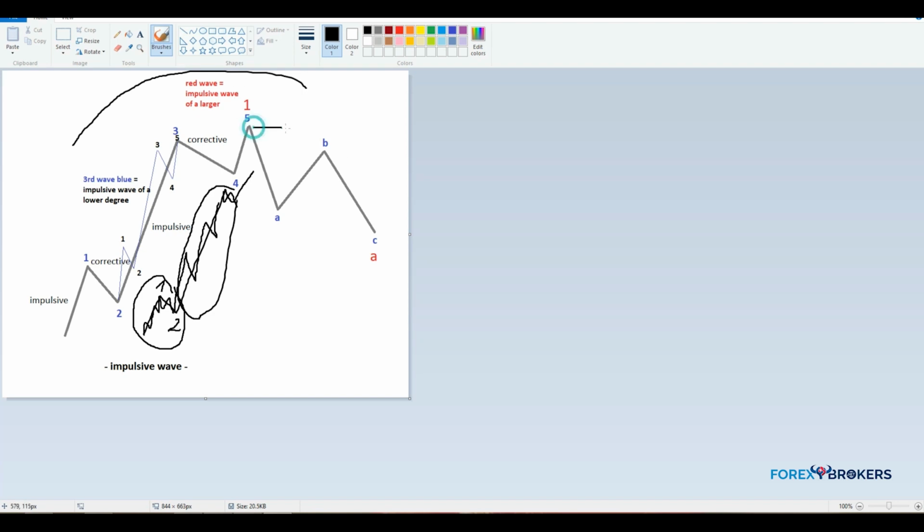This ABC that we see here in blue corrects the 1, 2, 3, 4, 5 in blue. Together they form a cycle. They are part of a cycle. But it could be that this is also the end of the first wave, and this may be the end of the second wave. Or this is the end of the first wave of this degree, and this will be the end of a wave A of a corrective wave of a larger degree. What I'm trying to say is that Elliott